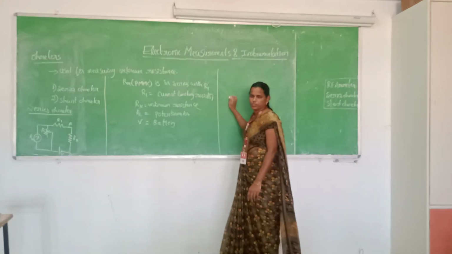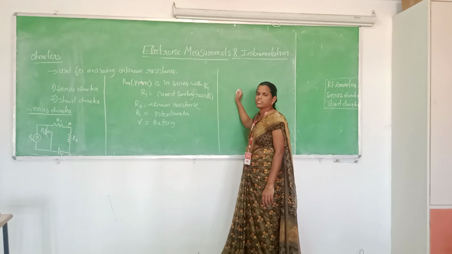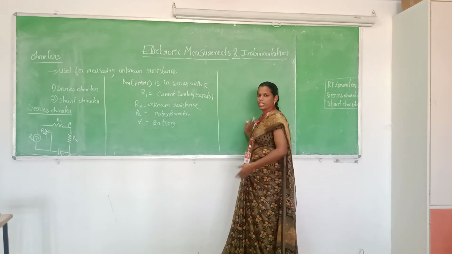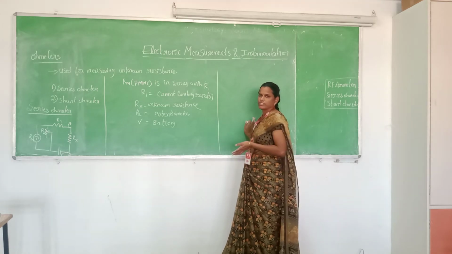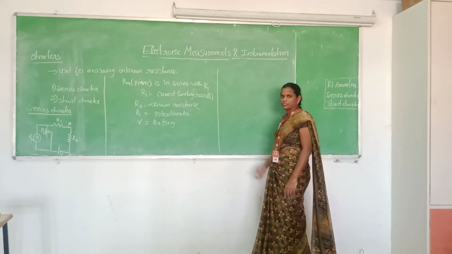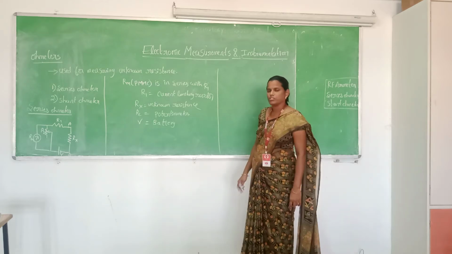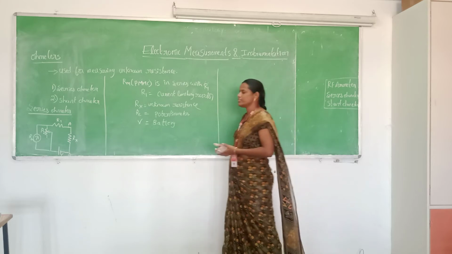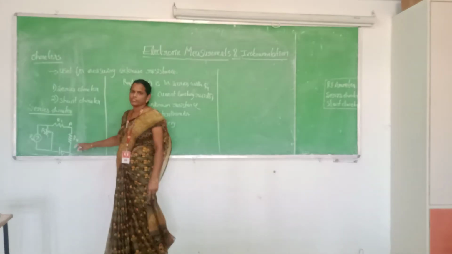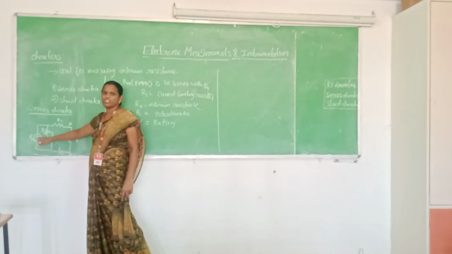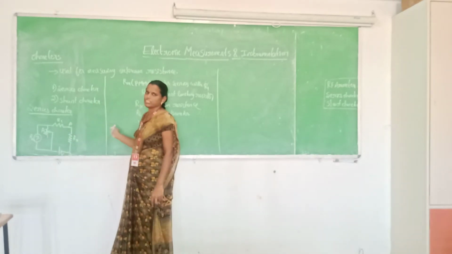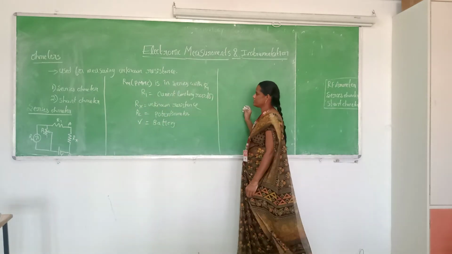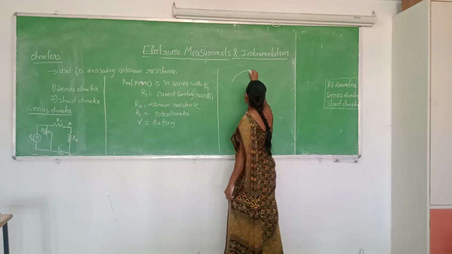So we are discussing the ohmmeters. In that we are discussing the series ohmmeter, in which the PMMC instrument is placed in series with the resistance R1, where R1 is the multiplier or current limiting resistor, which is used in every circuit, in ammeters and also voltmeters, in order to limit the current. Now the unknown resistance which we want to measure is given as Rx. This Rx value is calculated by the meter. The meter gives the deflection which shows the value of the unknown resistance being measured. So this is the scale.